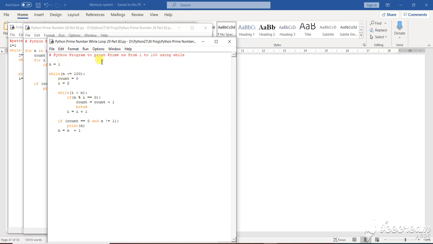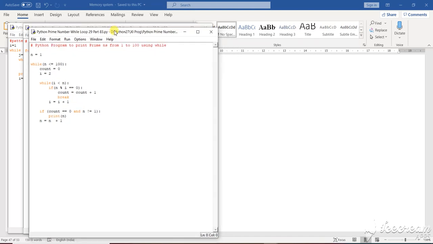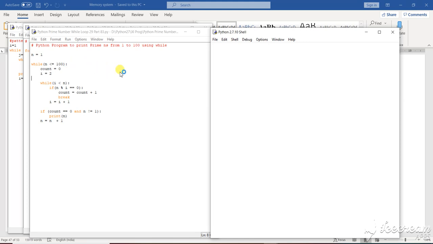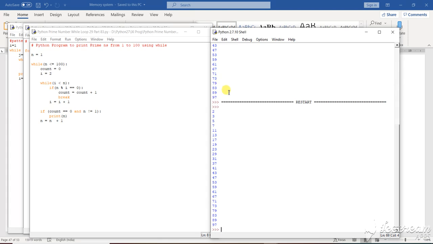So what has been done: while the number is less than or equal to n. First run the program, because the output is going to clear your idea. As you see the output, from there you can get the structure of your particular program. What you are going to see is 2, 3, 7, as per the previous one only. I have got all the output.